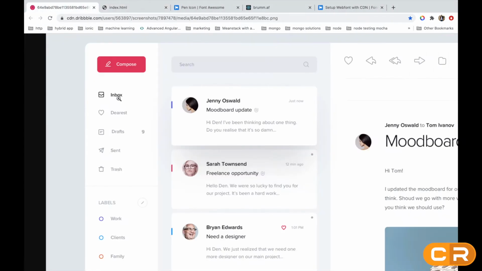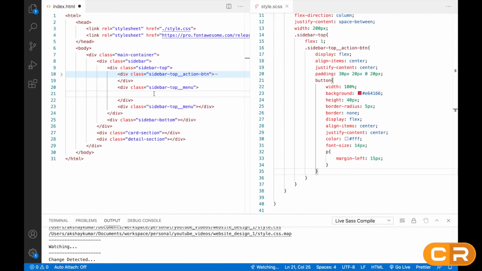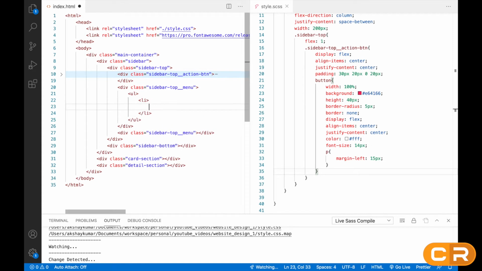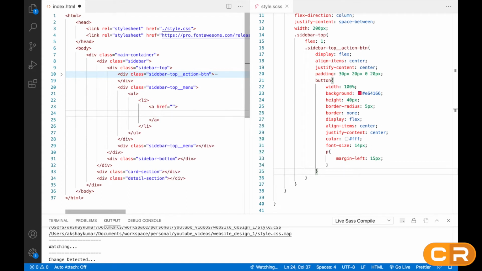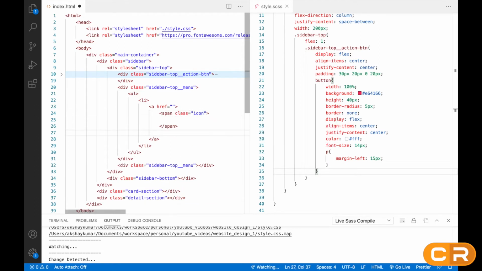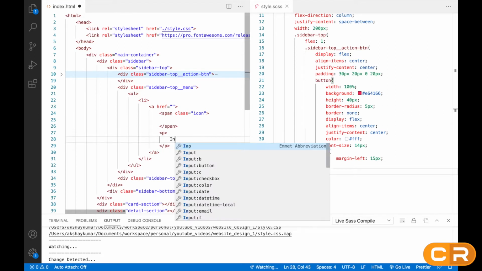So in this section, we have to create some UL and LIs, right? To create these menu items. So I will create UL, then I will create LI. Inside LI, I will create one A tag, and here I will create span. This is for icon, so I will give class name icon. And here I will create one P tag that will be inbox.